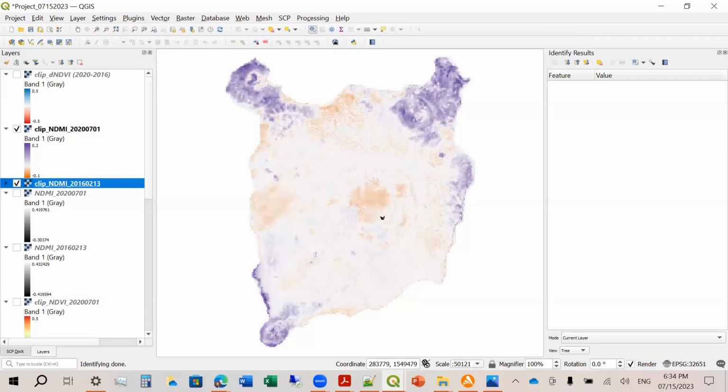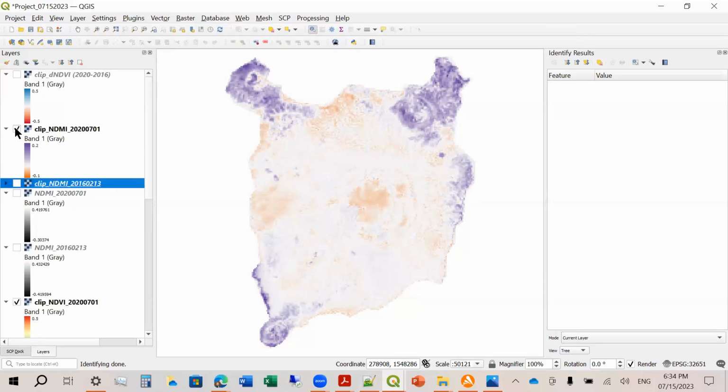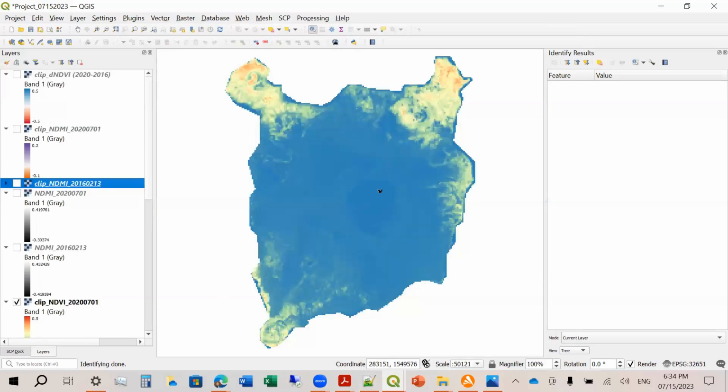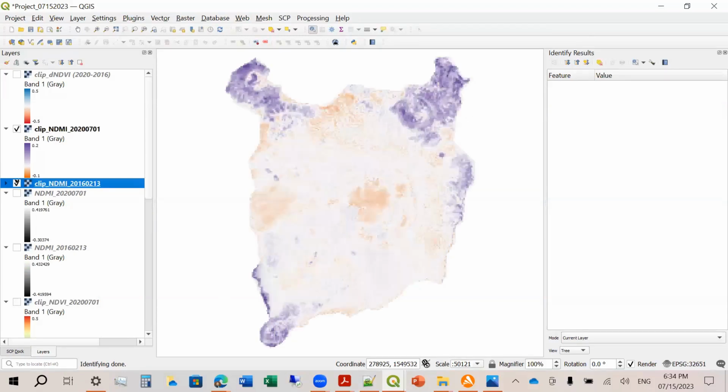Even this one, no? The lake inside the volcano island has dried up actually during the eruption. And you will notice that in NDVI in 2020, very dry. So you can check this one.